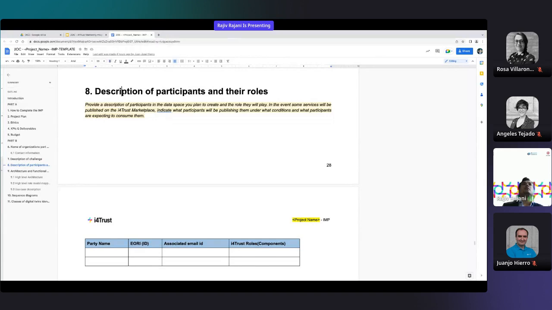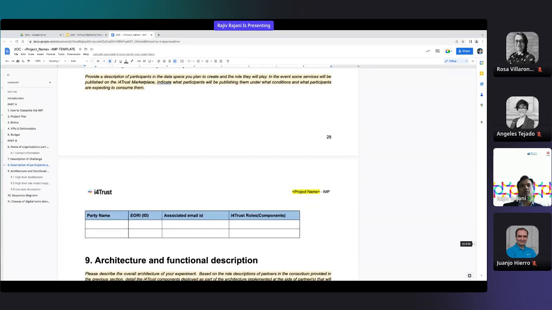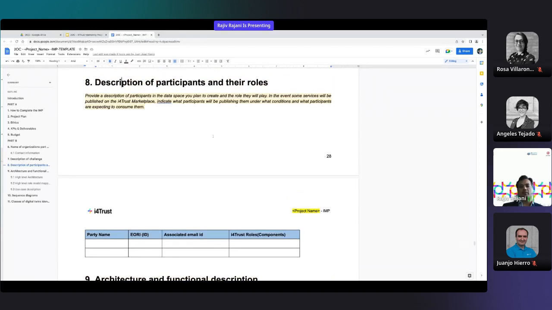Then there is the next section where we ask you to describe the roles of your participants who are participating in your experiment, and these roles are basically from the perspective of the iFortrust role model. So what role do they play in the iFortrust data spaces architecture, and whether they play data provider, data owner, data consumer, or they are more like service providers like marketplace or identity provider or authorization registry or even satellites.